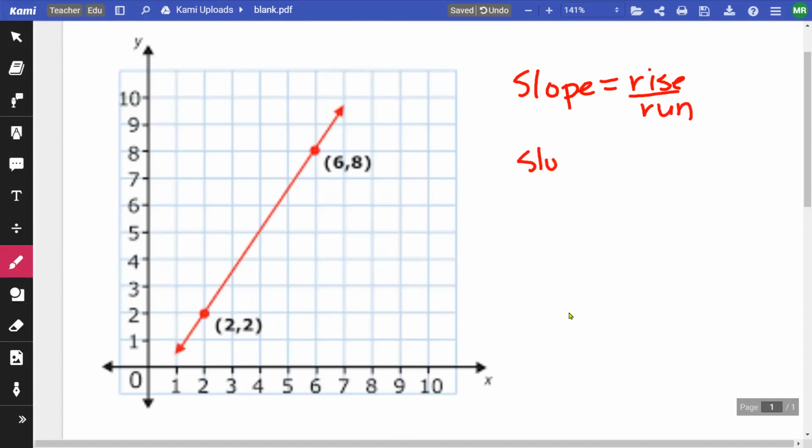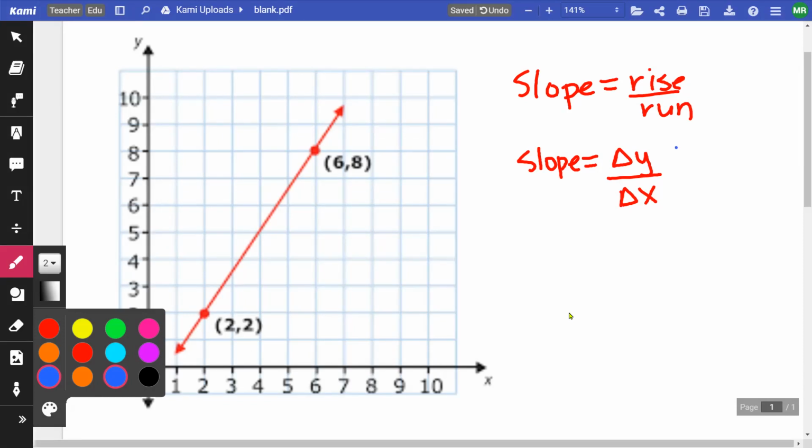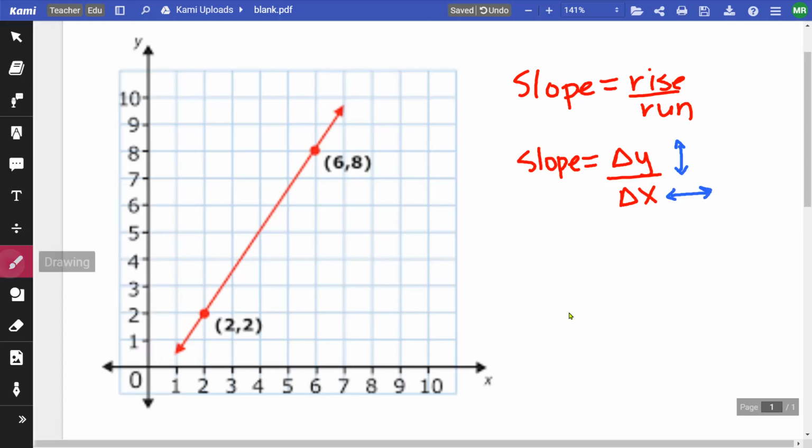Or another way to think about it is your change of y, that's delta y, over change of x. So your change of y is always your up or down, and then your change of x is your left or right, okay? Now we make what we call slope triangles to see how we're moving from one point